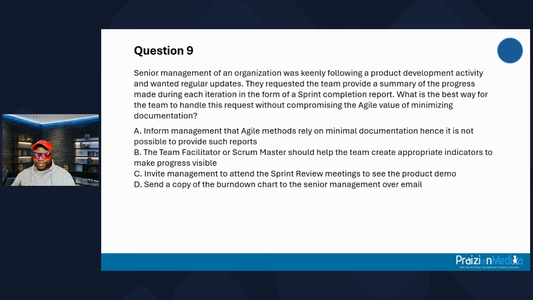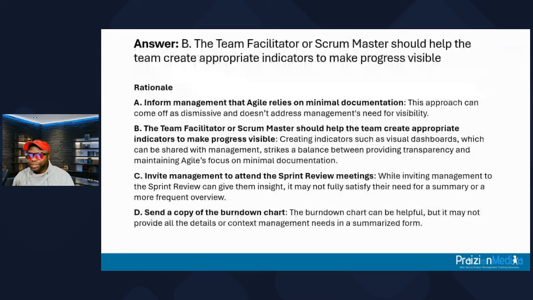All right, my friends, let's take a look at what answer is best. The best answer for this is for the team facilitator or scrum master to help create appropriate indicators. Creating indicators like visual dashboards, which can be shared with management, strikes a balance between providing transparency and maintaining Agile's focus on minimal documentation. Telling management I can't help you. That's not agile. It comes across as dismissive,